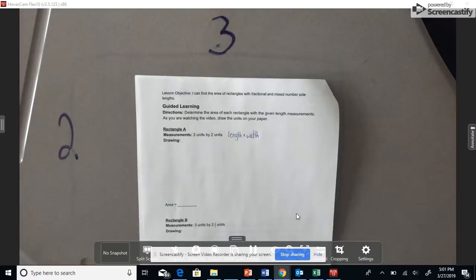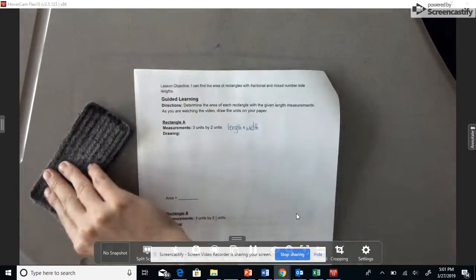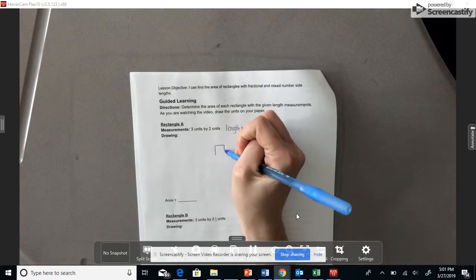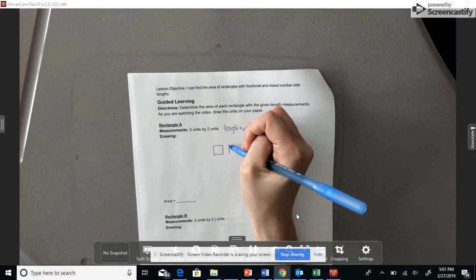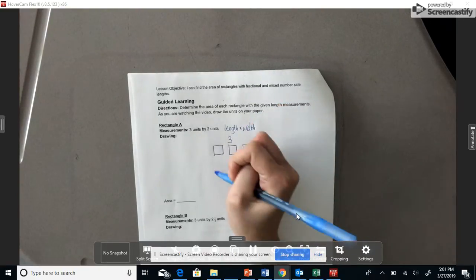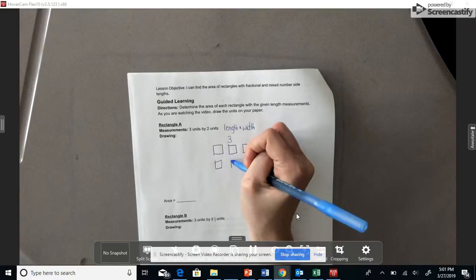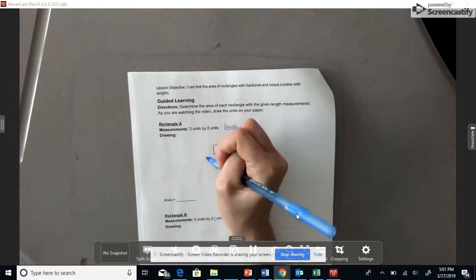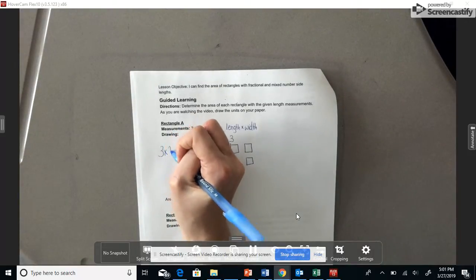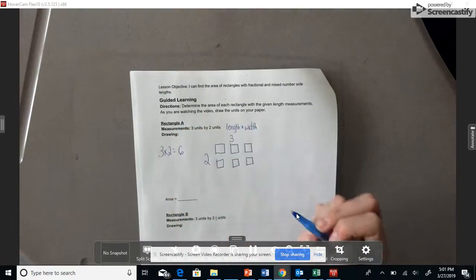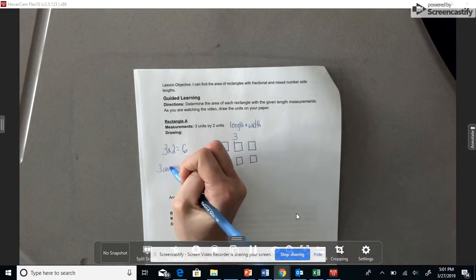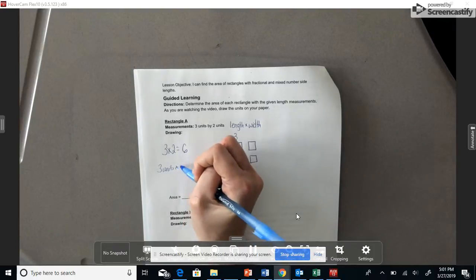If we wanted to draw this, we would draw 3 units going across and 2 units going down in each column. We know that 3 times 2 is 6. So that means 3 units times 2 units